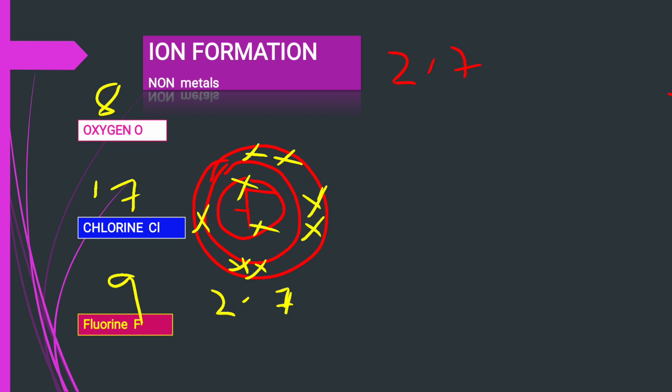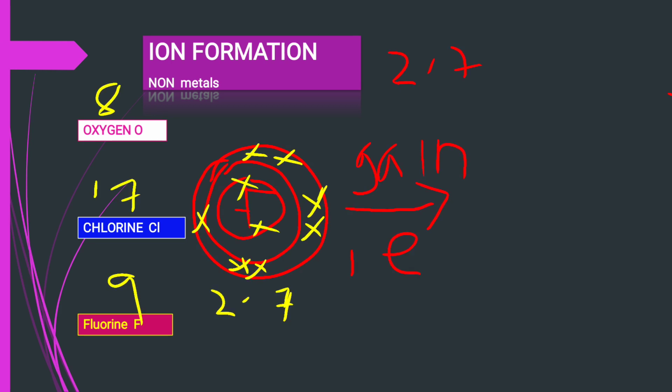So for fluorine to attain the octet state, it needs to get 1 more electron, and that one more electron is gained. So we will have gain